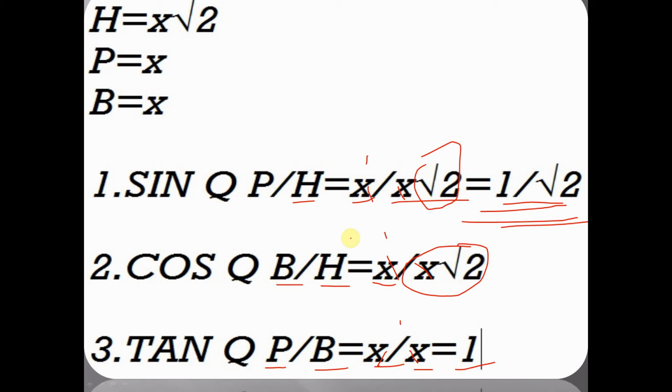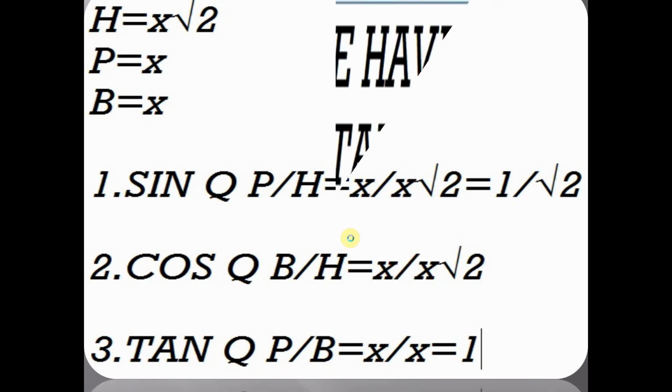Now we will not find for all 6, we will find just for the first 3, not the last 3. We have to find for only the first 3. Then the cosec theta, cot theta and sec theta answers will come automatically. So we will move forward. I will tell you in the last how to find the values of cot, cosec and sec. Now we move forward.